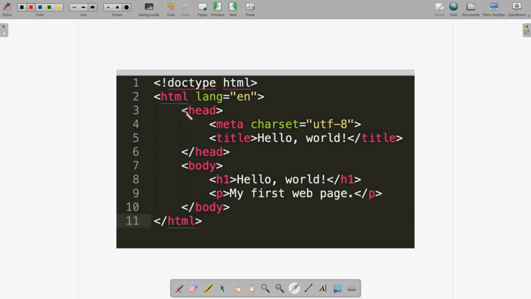Clear? Here you can see the head where we have started, in the same straight line we have closed this head tag. Clear? Then the HTML where we have started is closed at the same place. So this is called nesting, meaning the next line below or under this is shifted a little bit. So this is a nested program.